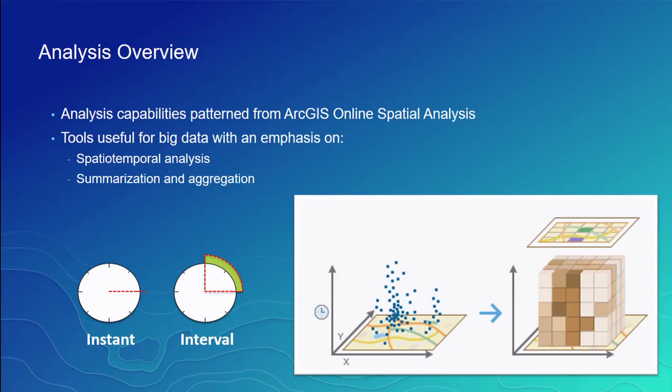I'm going to do a quick analysis overview now of what we actually have in GeoAnalytics. Most of these tools are patterned after the ArcGIS Online spatial analysis capabilities. These were tools that became available in ArcGIS Online a few years ago, and we chose those tools by looking at what are the most common workflows users use. People have been using ArcMap for years. What are they doing most often? Something like aggregating points or summarizing within. These were tools that you probably chained a few things together, but logically they were the actions you were doing most often. Those were available in ArcGIS Online and then Portal, and we looked at those tools and said,